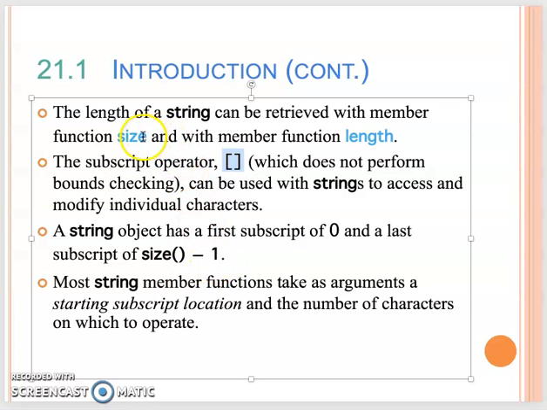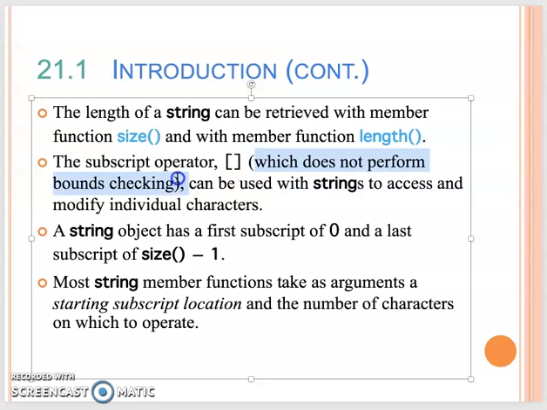On the other hand, string actually has two other member functions. No matter whether you say size or length, they just refer to how many characters are in the string object. So then you can use either the square bracket to access by the index, or we can use the at member function. One thing different between the square bracket and the at member function is that the square bracket does not